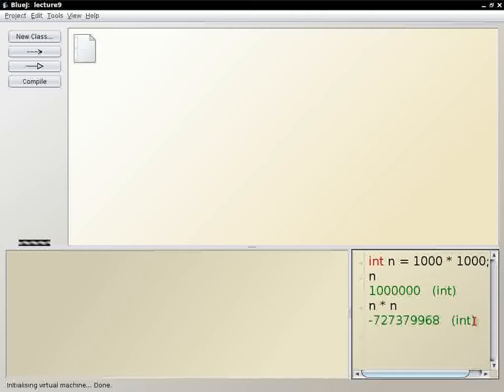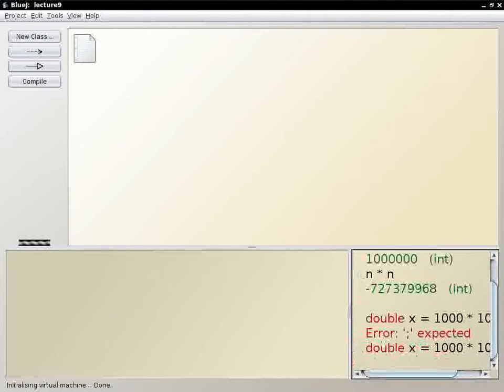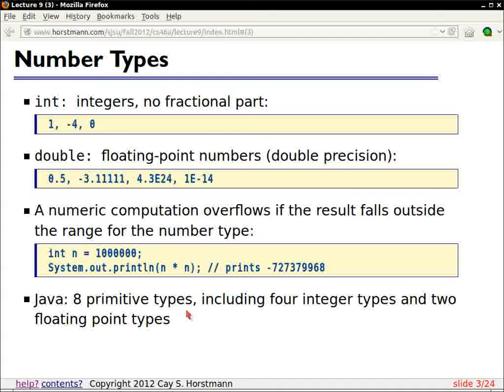So if I were to say double x equals 1,000 times 1,000, and then I compute x times x, then that is 10 to the 12, and all is fine. So anytime that you need more digits than fit in 32 bits, try switching to double.